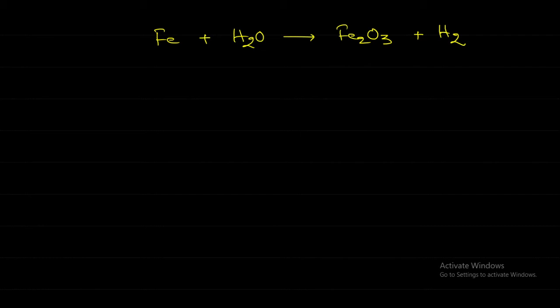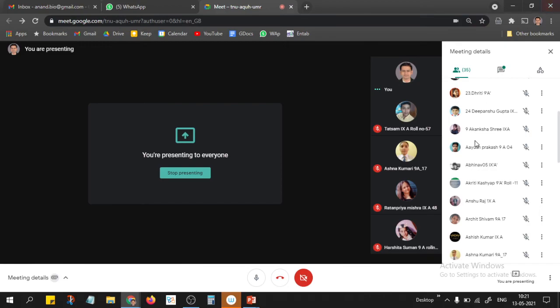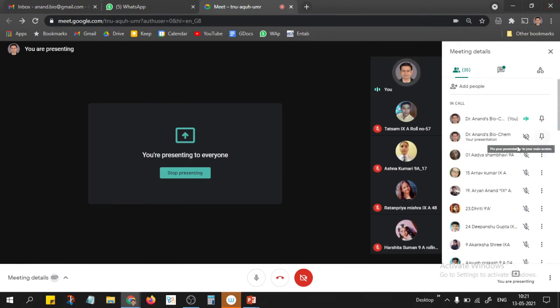I think we are overshooting the time, so this one you can try yourself, whatever hit and trial method is there in your textbook. Once we have seen example number 3 and example number 4, both of these you try yourself.